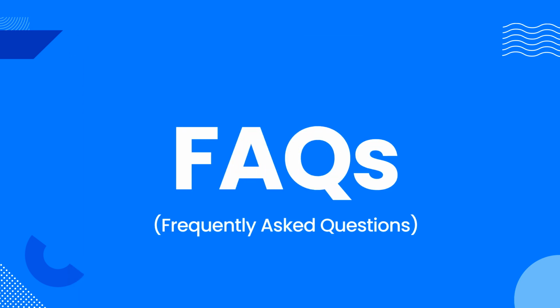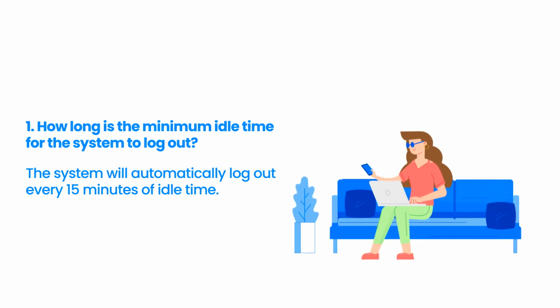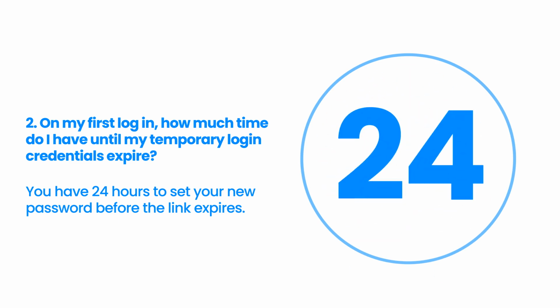Frequently asked questions. How long is the minimum idle time for a system to log out? System will automatically log out every 15 minutes of idle time. On my first login, how much time do I have until my temporary login credentials expire? You have 24 hours to set your new password before the link